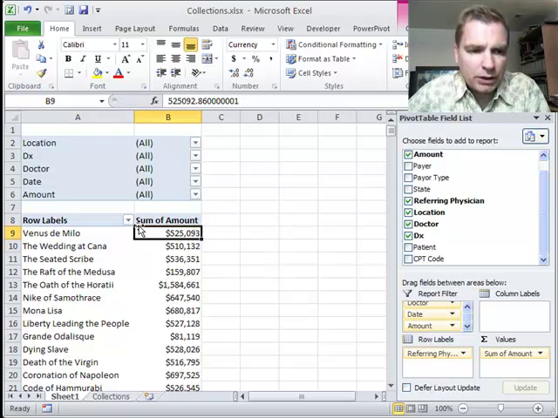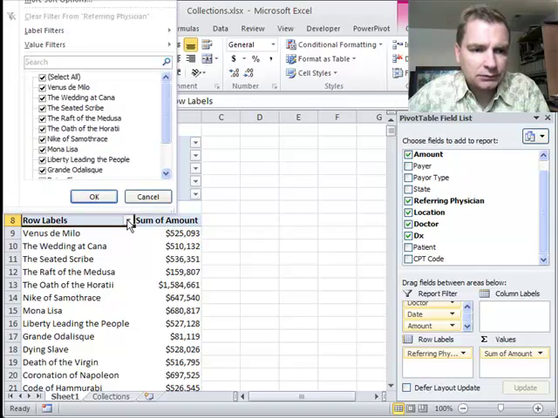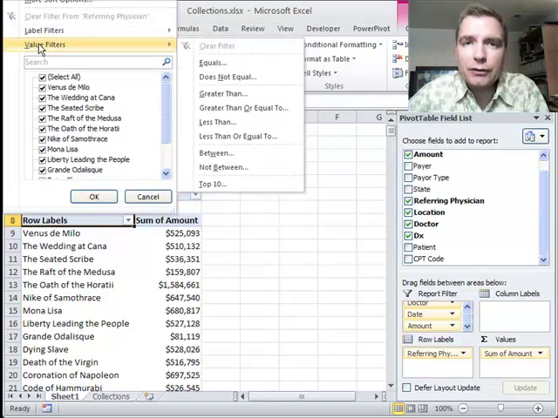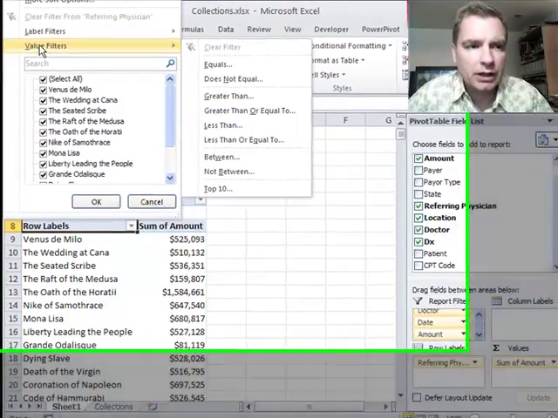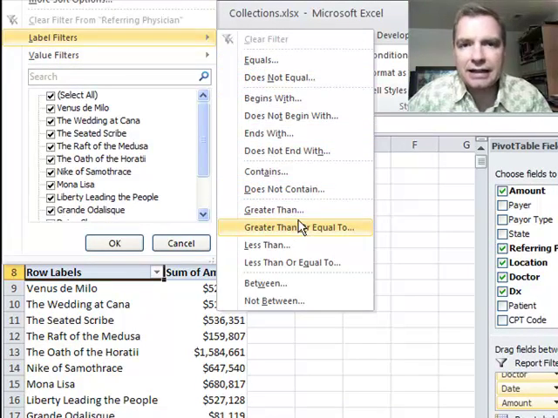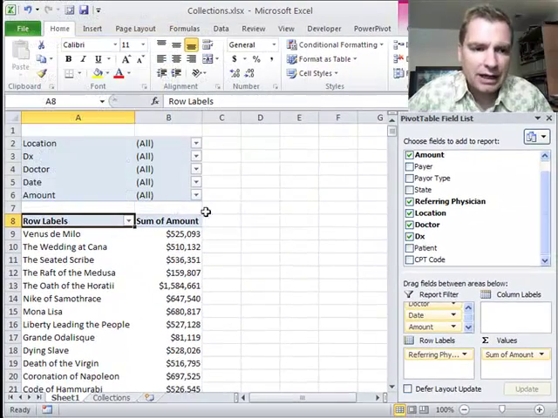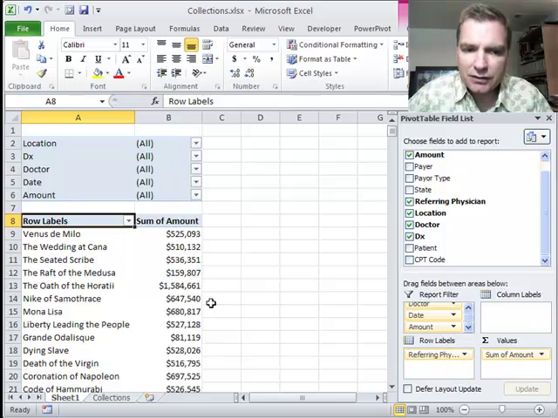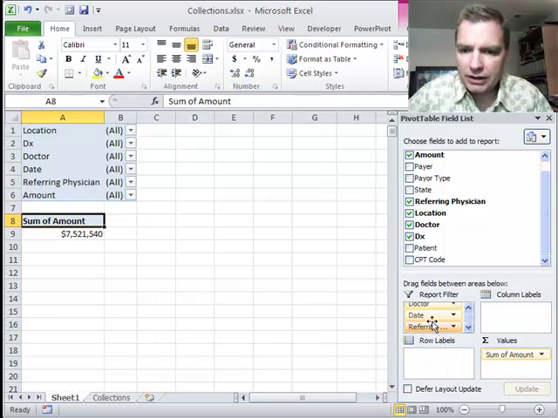Last time I thought what we'd do is go past label filters and onto value filters, but I want to show you one more thing before we leave label filters. Look for a minute at our options under label filters. See how the label filters are equals, begins with, doesn't begin with, contains, doesn't contain, greater than, ends with, all this kind of stuff. If instead of having a text-based field here, we get rid of this and move date